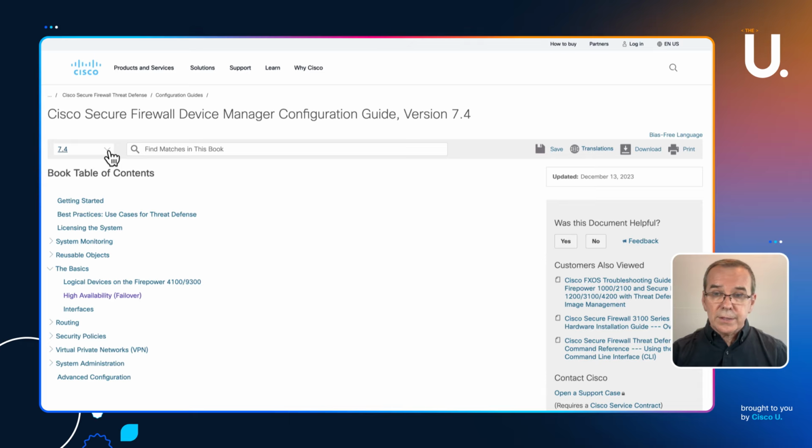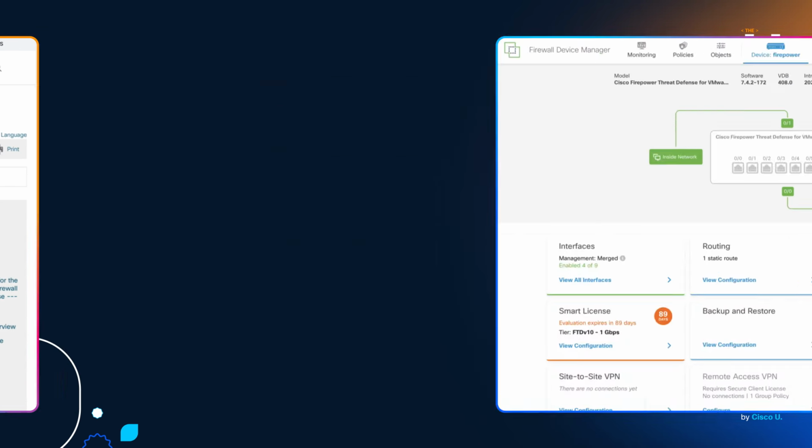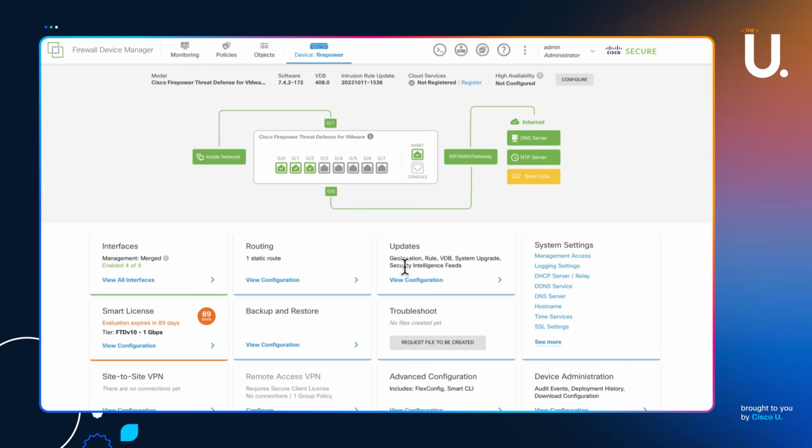I would reiterate that the demonstration I'm doing is for the virtual firewall threat defense for VMware. There are hardware firewalls. There are cloud firewalls. You can set up HA pairs for many different types, but once again, each one must be the same. So let's take a look at my